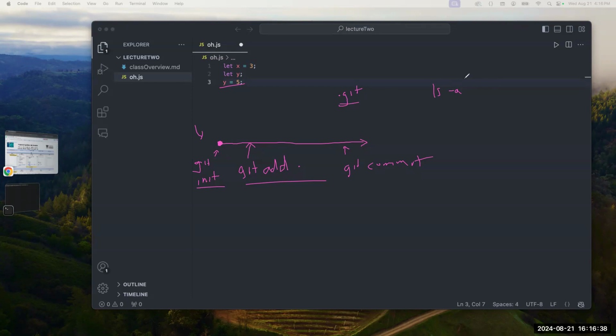I believe that's the same thing on Windows, but yeah, all of these have a space. So git is your keyword that tells, hey, I want Git to do something within my terminal, and then it's space init for initialize, or git add. And then again, what do I want to add? I can either add a file name or I can just put a period there. And these are all spaces in between. And then that gets everything. And then I say git